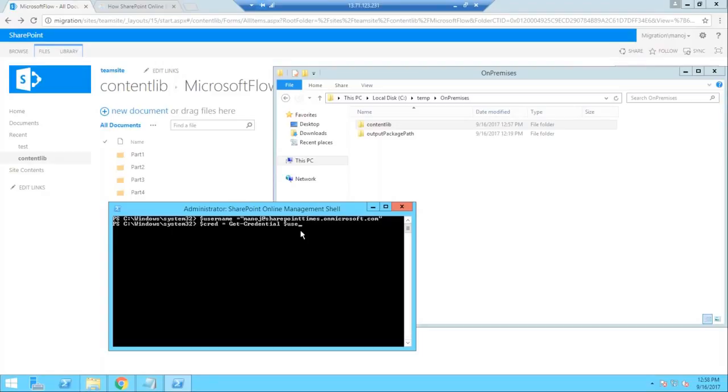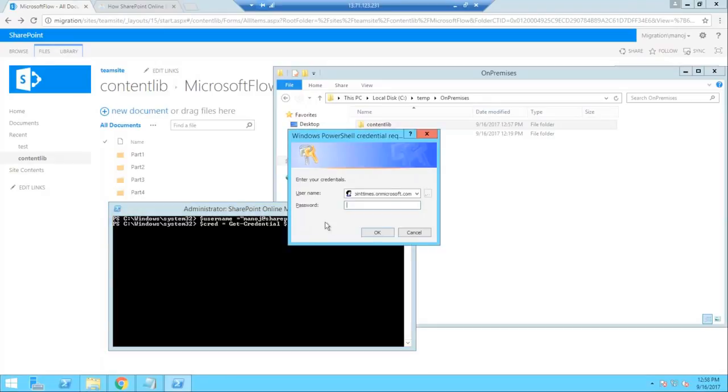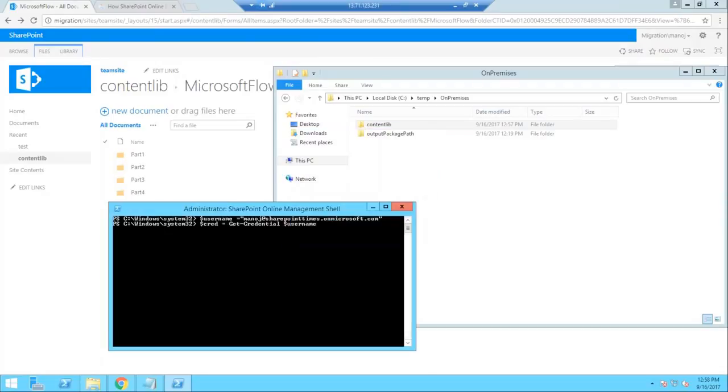Okay, I just provide the username I created. So it will just prompt. I can just cross-check whether I typed it wrong or not, because most of the time this gives the error at the end. SharePoint Online, not on Microsoft, absolutely right. I'll just give my password here. Yep, that is done.